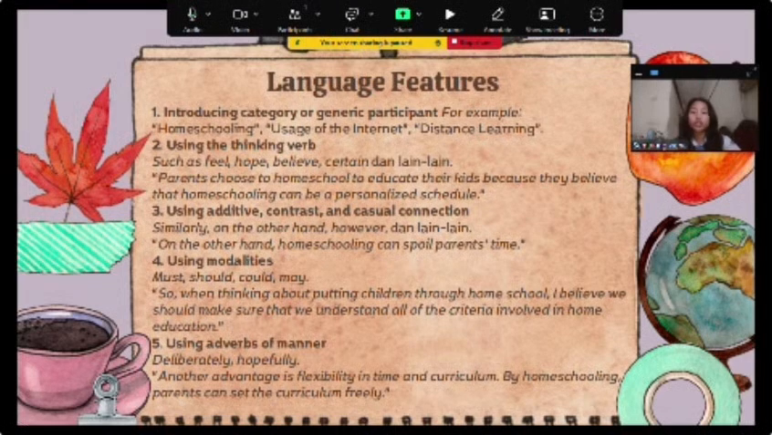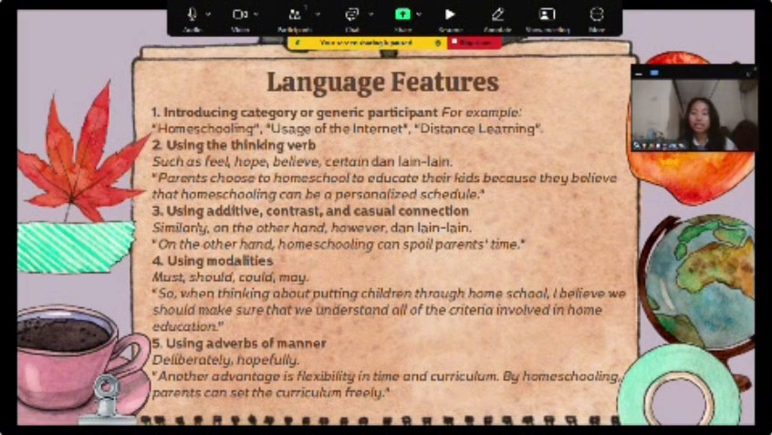The number one is introducing category or generic participant. For example, homeschooling, usage of the internet, distance learning. The second is using thinking verbs, such as feel, hope, believe, certain, and etc. For the example is, parents choose to homeschool to educate their kids because they believe that homeschooling can be a personalized schedule. The third is